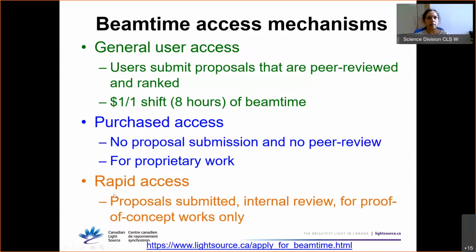So you can talk to the Beamline responsible and submit a rapid access request to do a proof of concept for a few samples. Or you have come through the general user access and are now writing a paper, and you figured out 2 samples would be really nice to repeat because the data doesn't look good, but you don't want to wait until July. Then you can call the Beamline staff and Beamline responsible and say, can I get access to run these 2 samples? So for very few samples, that way is called rapid access.